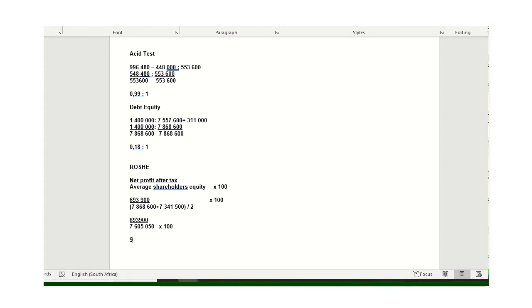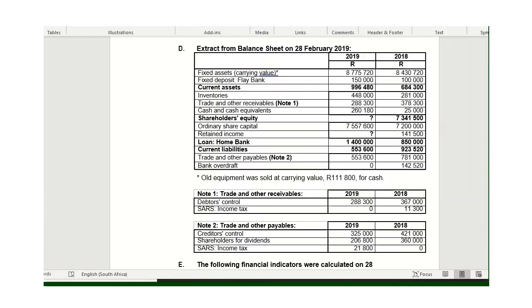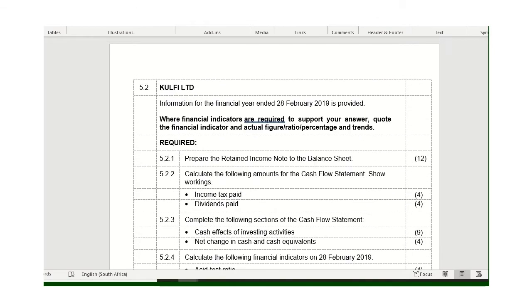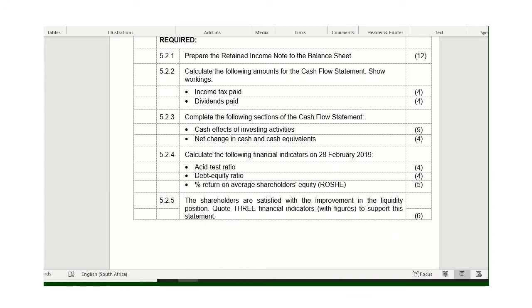We calculated a percentage. Every time we do this calculation where we divide one with the other, the question also told me to do the calculation of the return on average shareholder equity. It is a percentage, so remember to put the percentage sign in as well. So that gave me the third one I had to calculate, which was the ROSE. Okay. So now I can move to